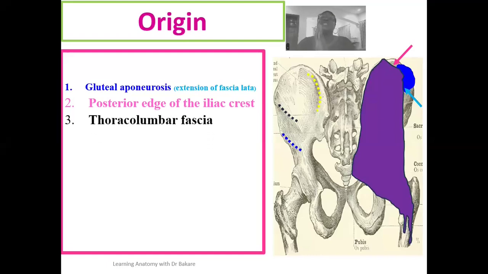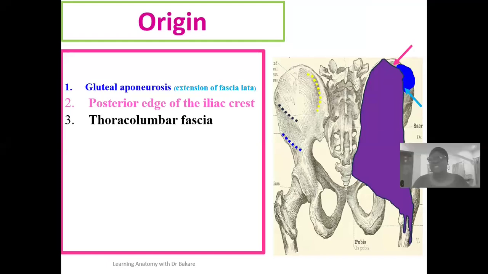The next region is the thoracolumbar fascia. The thoracolumbar fascia is what is highlighted here in black. This thoracolumbar fascia is made up of several layers of fascia, and it is located around the thoracolumbar region. Around this space, this thoracolumbar fascia is seen to provide attachment sites for different muscles that are located around